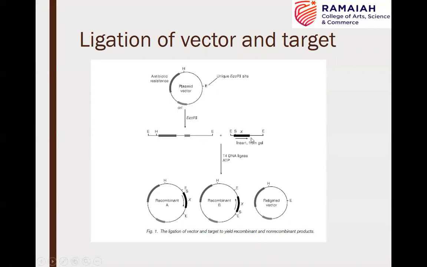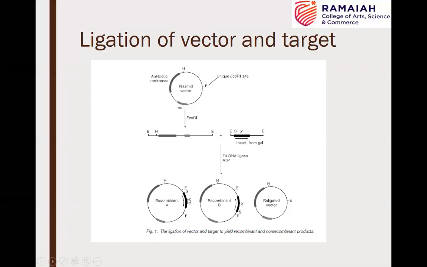So you also have to treat your target DNA with the same enzyme so that there will be compatible ends. When you allow the ligation reaction to take place by providing T4 DNA ligase, obviously you all know T4 DNA ligase requires the adenylating agent ATP. The wanted product that you require is the incorporation of this target DNA into the linearized vector and the ligation. So you will have the recombinant molecule.